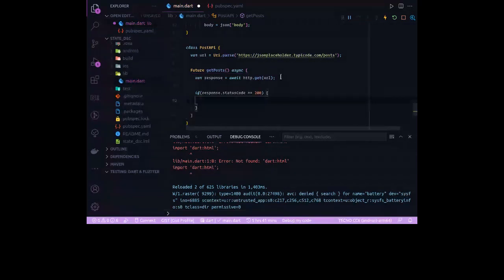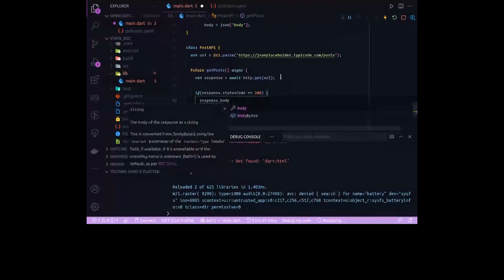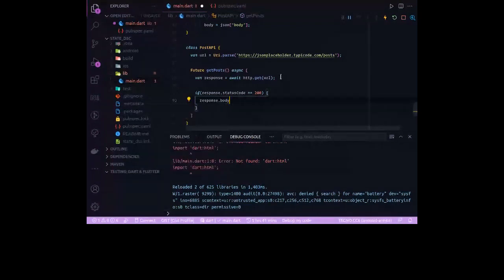So now you need to consume the response. Whatever you get back will be inside the response body. So you need to first